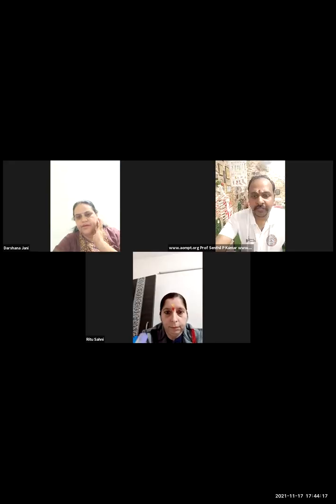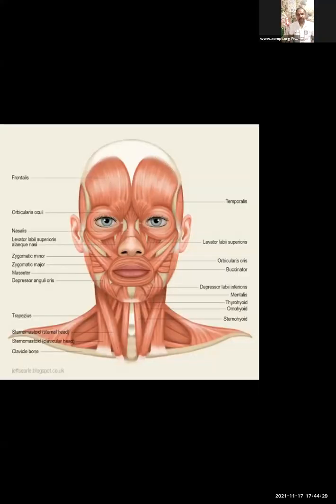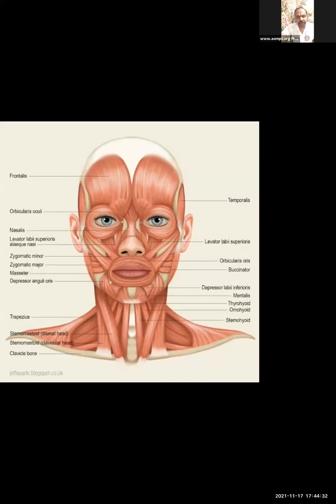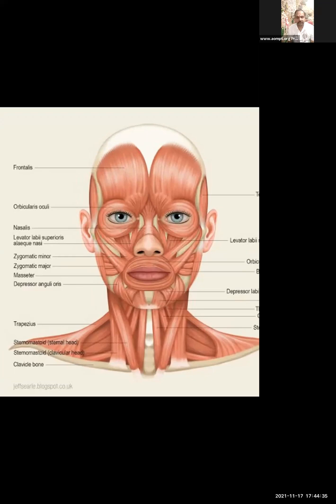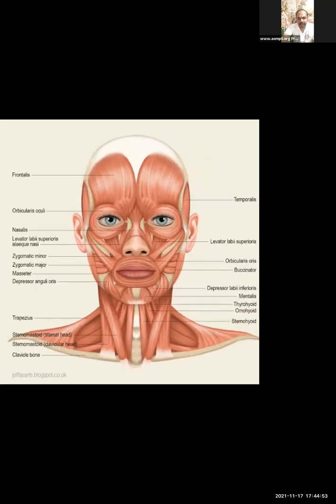What's important is that we get all these attractive pictures on the net, but the most important thing is to have a subject beside you. Keep marking with a marker or apply some tapes to make sure you remember the anatomy in the real body, how it actually is. Here you can also see anguli oris, sternocleidomastoid, levator labii, depressor labii, all these muscles, buccinator, temporalis, all this, right?